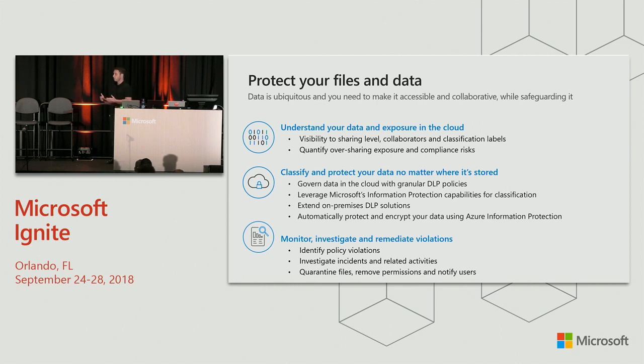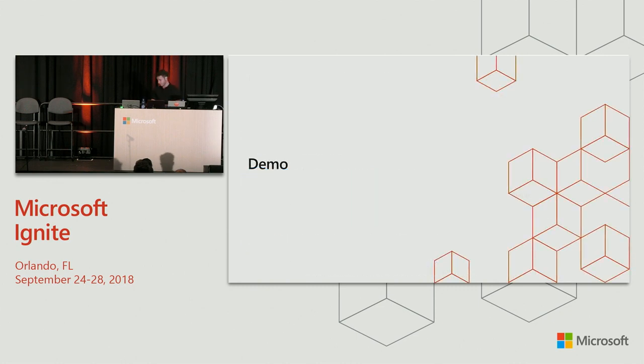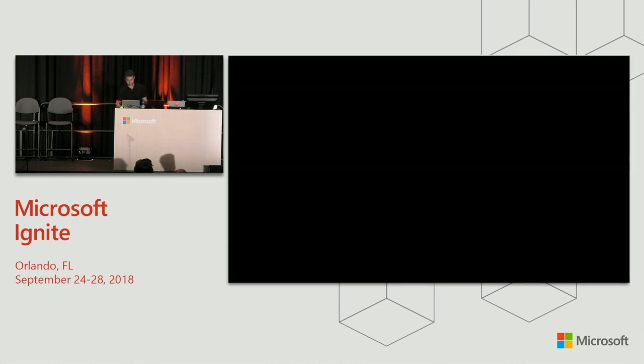And the last thing, after you've identified a violation, you also want to be able to investigate it. You've seen that the file was externally shared. You want to understand what the impact of this exposure is. Did anyone access this file or download it meanwhile while it was shared? Who are the users that have used it? All of these investigation questions can be answered with Cloud App Security, and this is what I will show you right now in the demo.